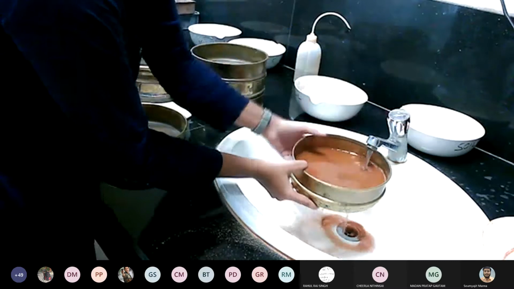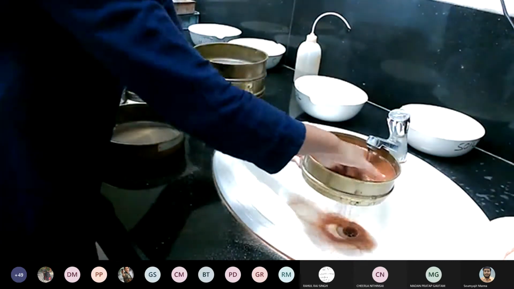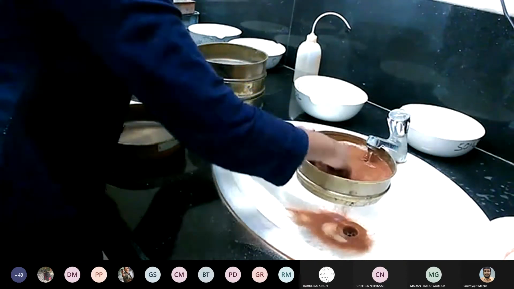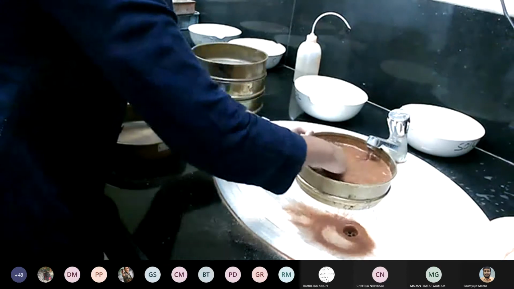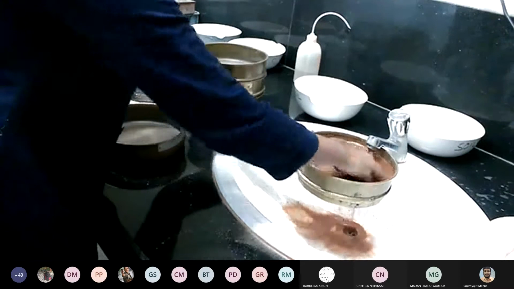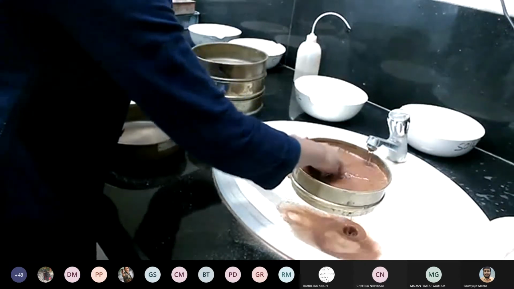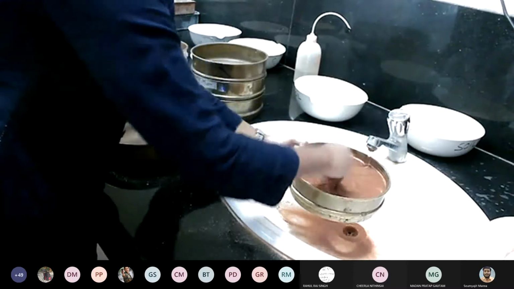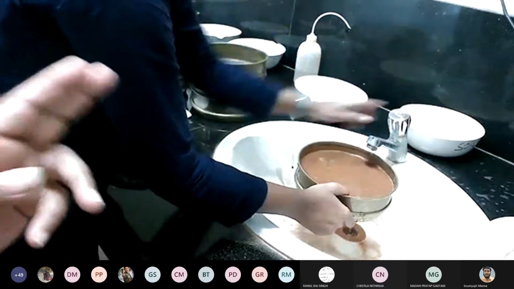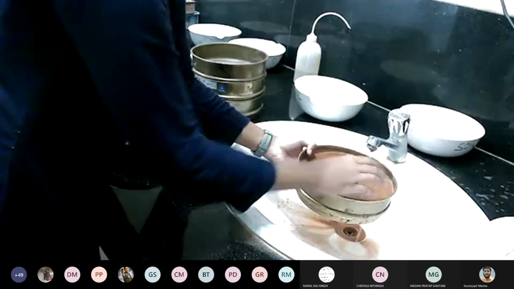Now you can notice a change of color of the water below the sieve. That indicates that particles of sizes smaller than 75 microns are passing through the sieve. You can see a lot of particles are passing. Until the water is passing clearly, we have to continue this experiment. Two other things need to be done simultaneously. One is stirring along with the water jet. There should be an inflow of water with constant stirring, either by hand or by any device.